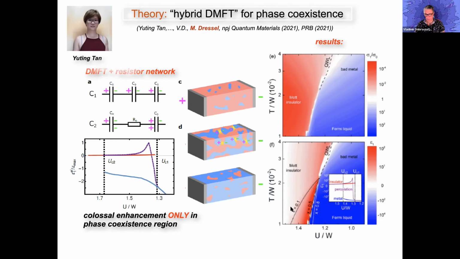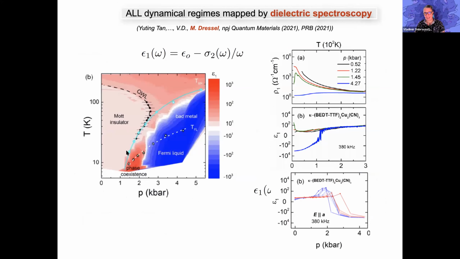So this is what you obtain. Again, this is an example where we can understand even quantitatively the behavior of the system in the coexistence region, where it is extremely sensitive to disorder. There are large-scale inhomogeneities even for moderate disorder. We have theoretical and experimental strong evidence of this, and it has some spectacular consequences in the sense that it produces this colossal dielectric response, which is really an excellent way to map the boundary of the coexistence region.